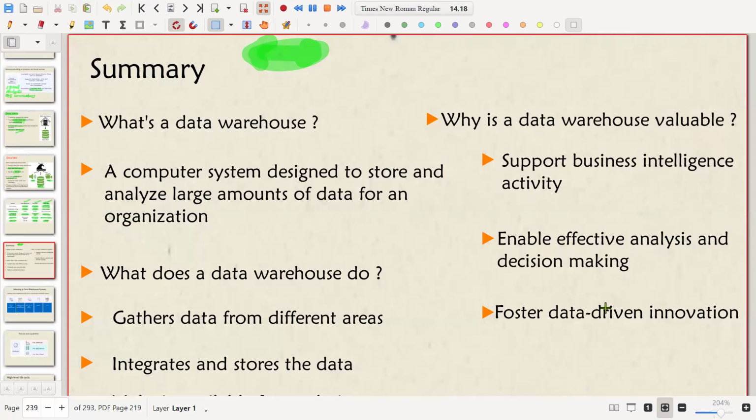Maybe one person said that we should have all the data marts in the first place. Let us collect data from specific organizations, specific departments, financial department, all. Then we will feed into the data warehouse. That is Inmon's approach. And Kimball said that no, we will go with a bottom-up approach. That is, first we need to have data marts and then the data warehouse. The other way around.